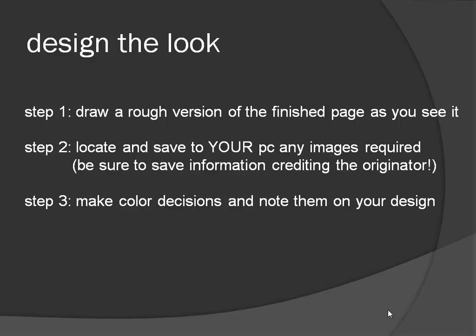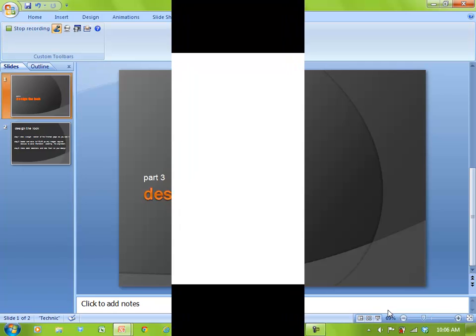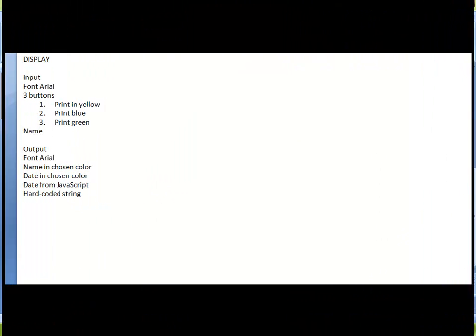And step three is to make color decisions and note them on your design. And we don't have a whole lot to decide when it comes to this page. So let's go ahead with our example and do step three. Step 3 is to take your design requirements and actually translate them into exactly how that page is